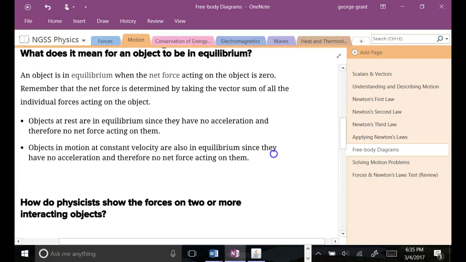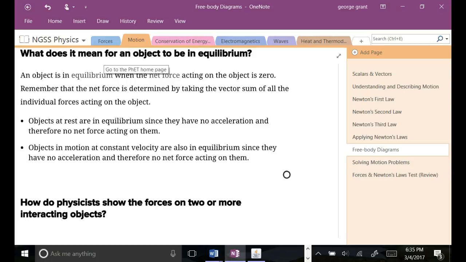What does it mean to be in equilibrium? An object is in equilibrium when the net force acting on the object is zero. Remember that the net force is determined by taking the vector sum of all the individual forces acting on the object. Objects at rest are in equilibrium since they have no acceleration and therefore no net force acting on them. Objects in motion at constant velocity are also in equilibrium since they have no acceleration and therefore no net force